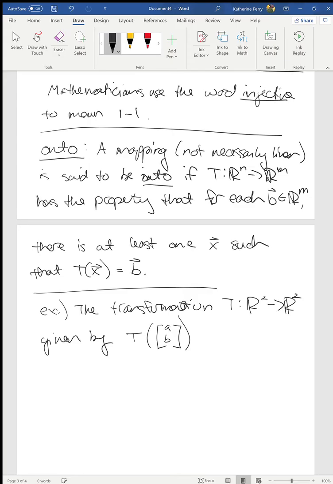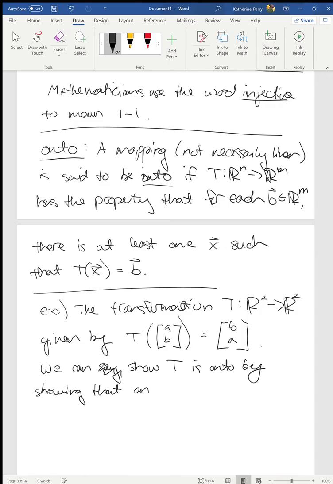And actually here, maybe you could pause and think about on your own a transformation that you think would be onto. Okay, but one such example is the following, letting this just equal (b, a). And here we can show T is onto by showing